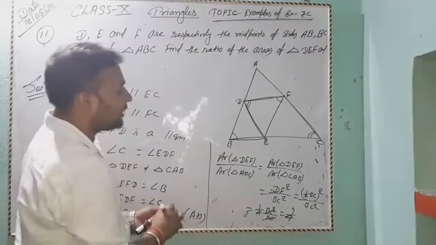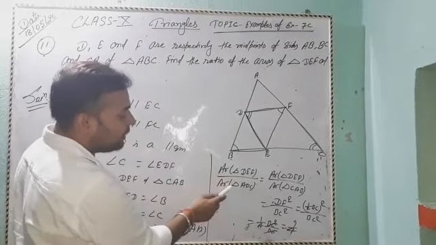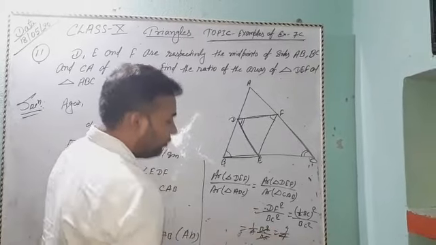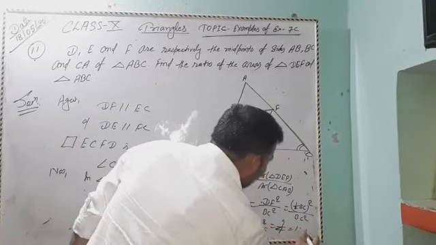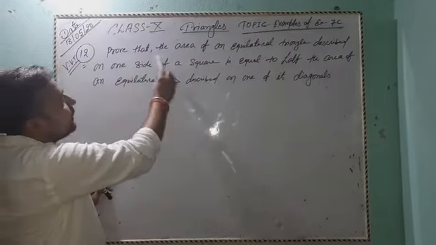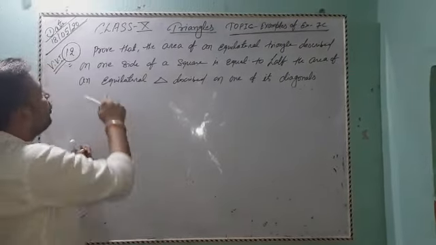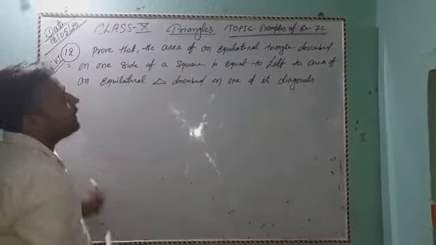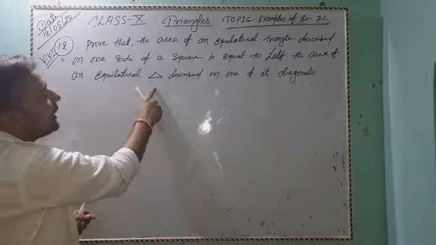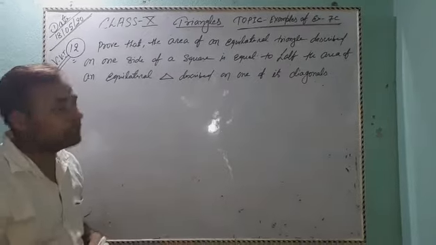Hence the ratio of the area of triangle DEF to the area of triangle ABC is 1:4. Next, prove that the area of an equilateral triangle described on one side of a square is equal to half the area of an equilateral triangle described on one of its diagonals. It means